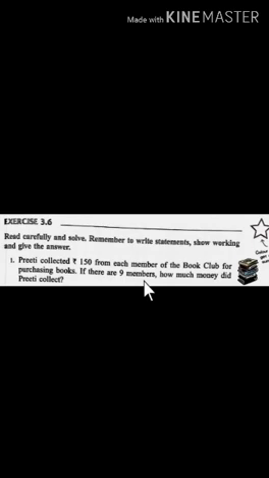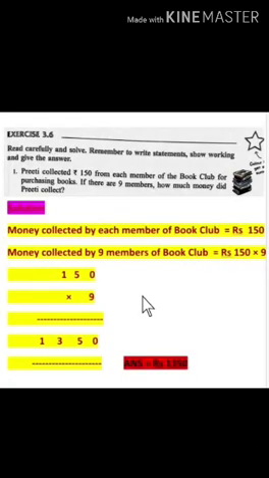then which operation do you apply? Multiply. So here also you have to find the collection of the 9 members, so you do this sum with multiplication. Let's start with the statement. So check this question. Solution. First you write, no need to write the full question, just part first, dash dash dash, then solution.